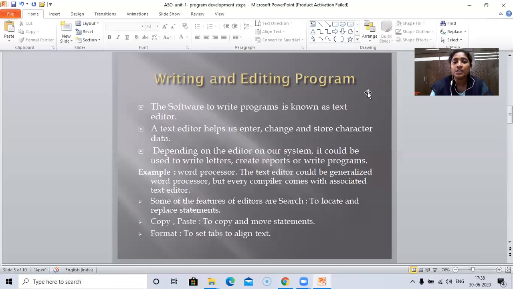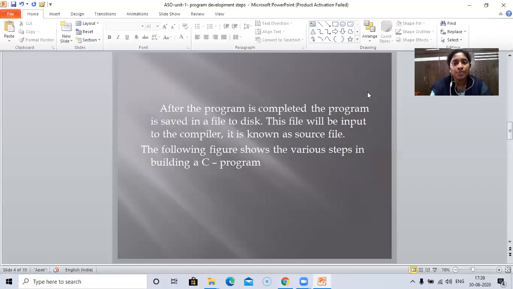With the text editor, we can locate and replace statements. We can copy and cut even the content of the code also. These are the operations which can be performed with the help of the text editor, which comes along with the corresponding compiler. And after the program is completed, the program is saved in a file on disk.